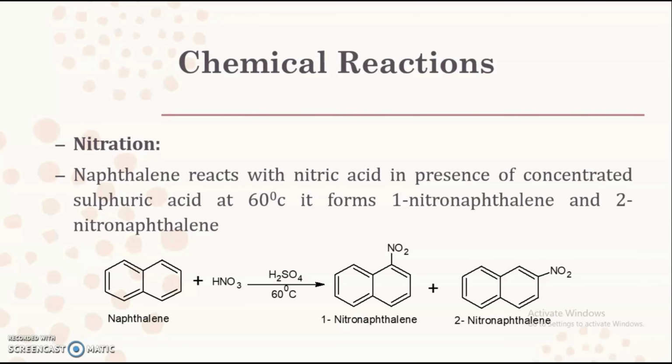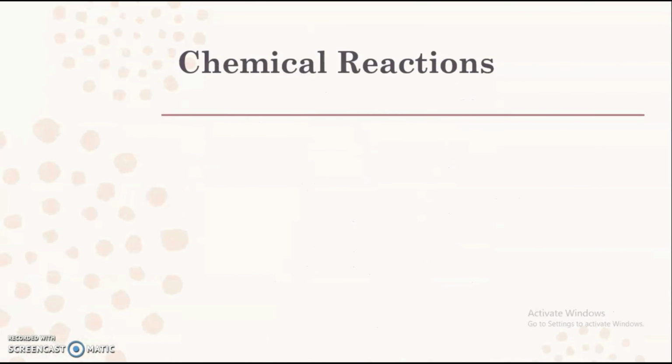and that's why it gives a mixture of two products. Here also, similar to halogenation, naphthalene when undergoing nitration in presence of dilute nitric acid as well as concentrated sulfuric acid gives a mixture of 1-nitronaphthalene and 2-nitronaphthalene. In this way, these three electrophilic substitution reactions are performed on naphthalene. Along with these three, naphthalene also undergoes Friedel-Crafts acylation as well as Friedel-Crafts alkylation.